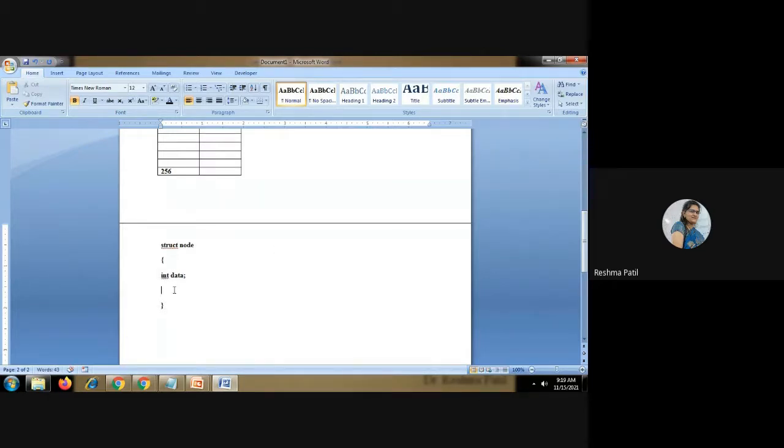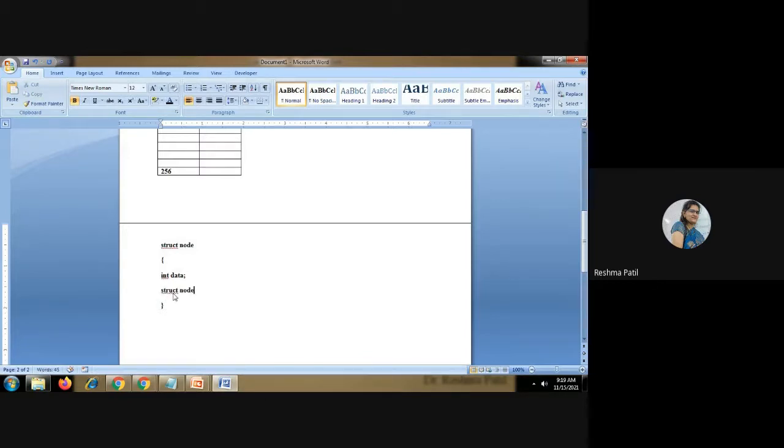For a referential data structure, you will write the data type. This is the user defined data type, and this is the built-in data type. Directly you can write int data. In the same way, we use the user defined data type struct node.